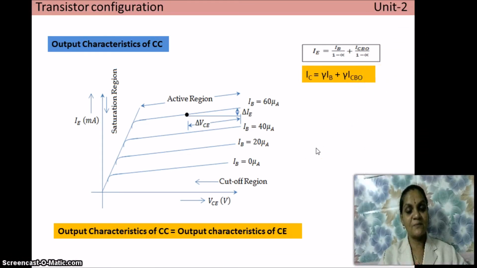Right, at the end of this session, you got a clear understanding of how the transistor characteristics can be plotted for different configurations like common base, common emitter, and common collector. Common base is widely used as an amplifier for radio frequency signals, common emitter is widely used for amplifying audio frequency signals, and common collector is widely used for impedance matching. Correct. So these are the applications of all three configurations of a transistor.